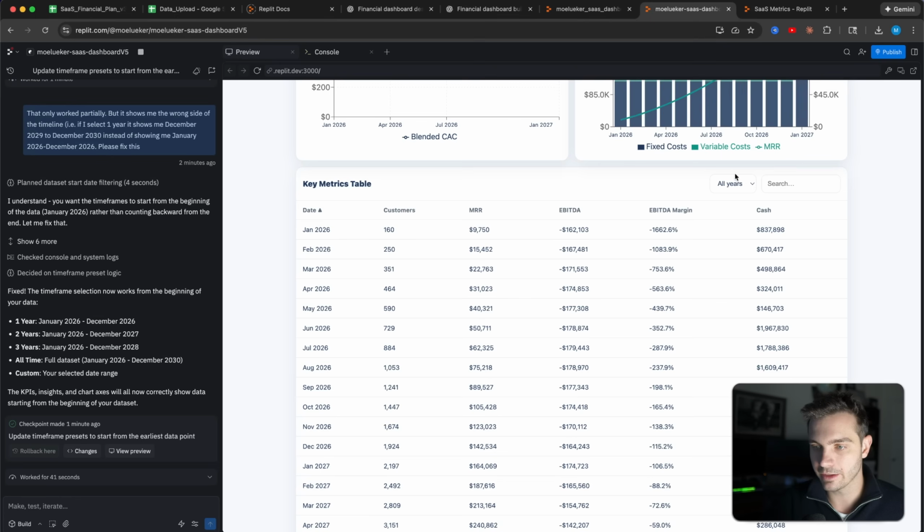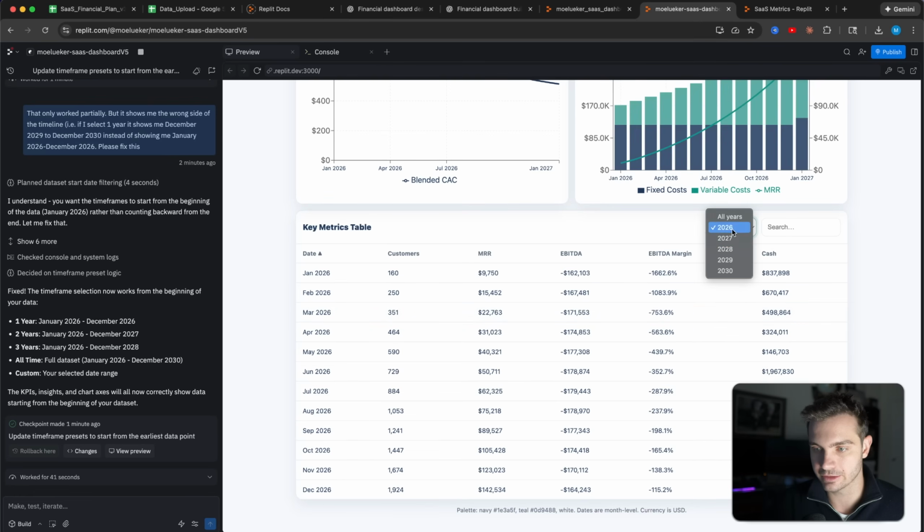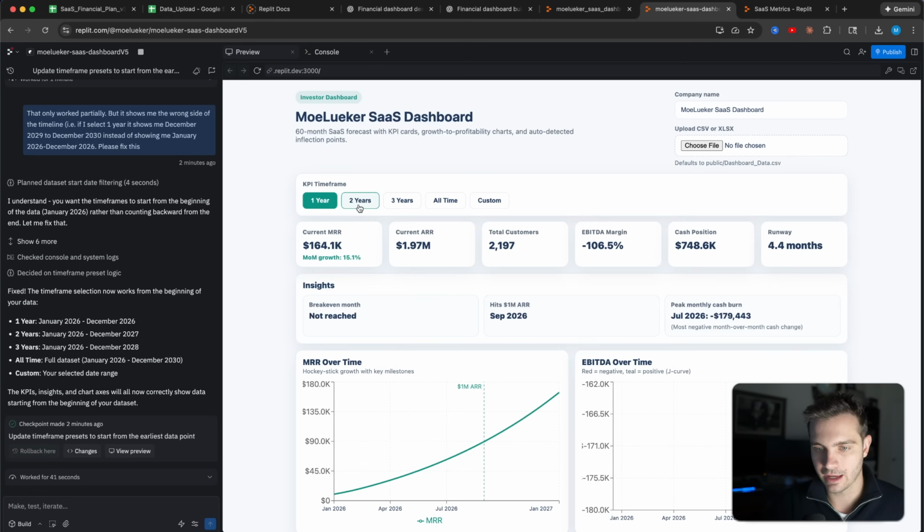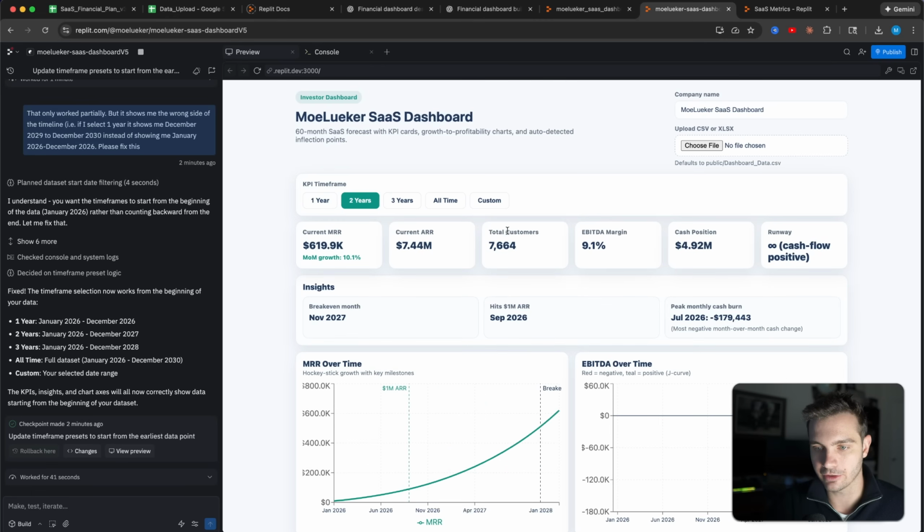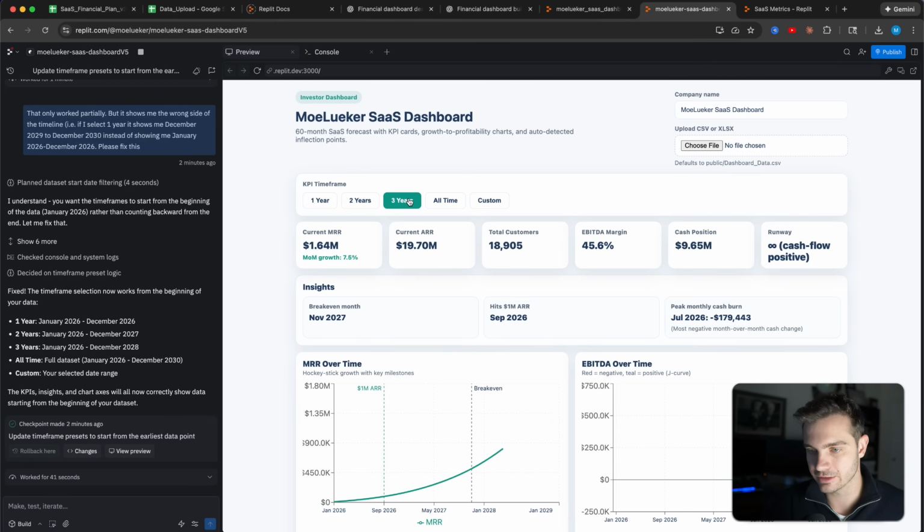in the first month. Another thing that we can see here is we can select the different years in the table, and it filters by that. And we can also filter by the different headers of the tables. And we can also see that the MRR and total customers change as we select more years. So we can see our customer growth, for example, or EBITDA margin going from 9% to this